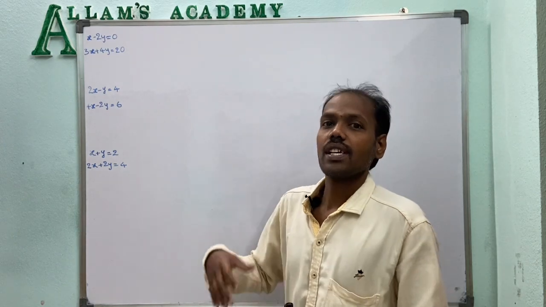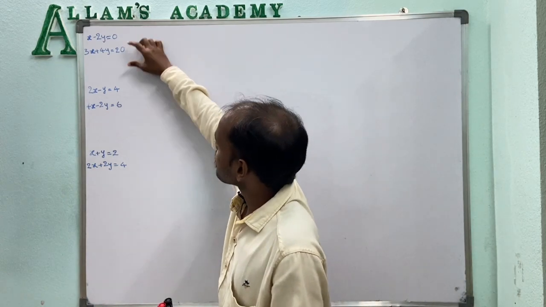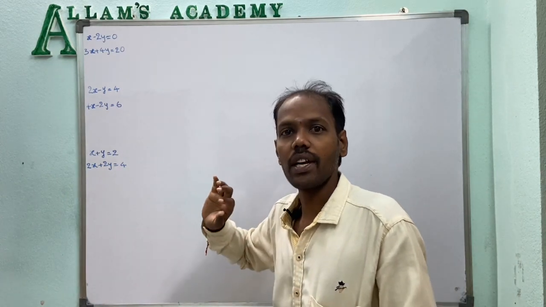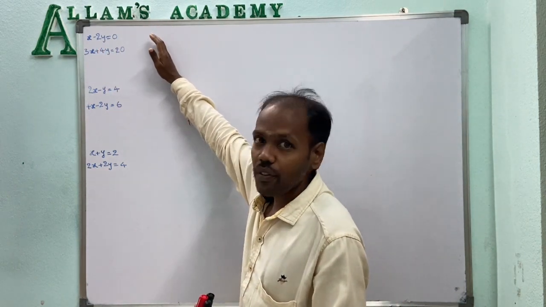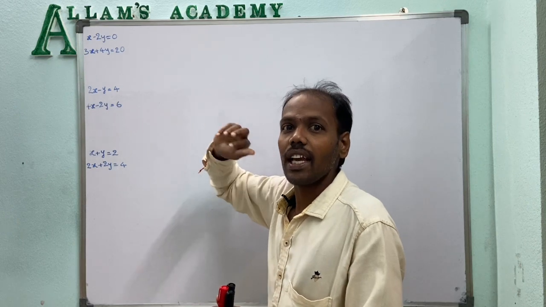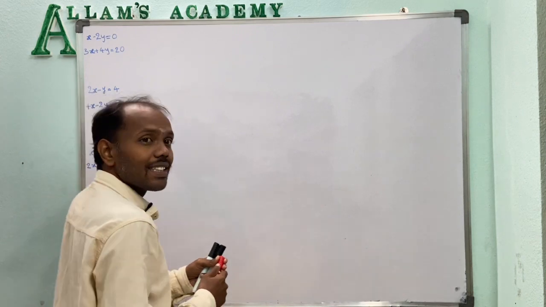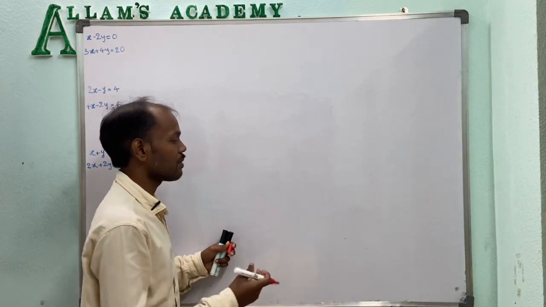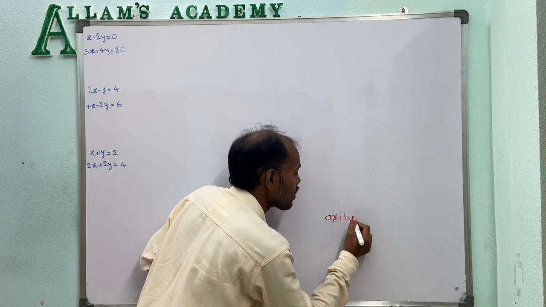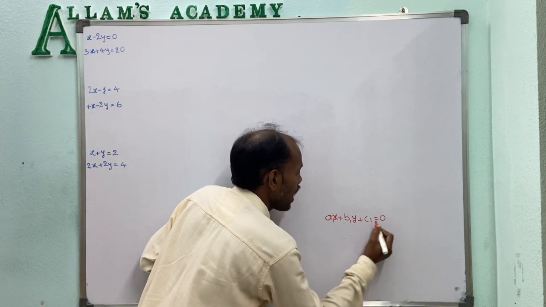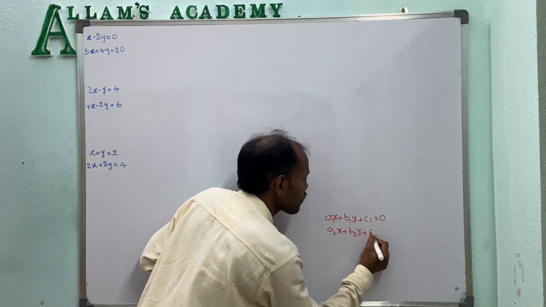Now we solved the graphical representation of these three systems of linear pair of equations. Now if we check the coefficients of these linear pairs of equations, can we say anything about what we are observing? The general form of a system of a pair of linear equations, as we already discussed, is a1x plus b1y plus c1 equal to 0 and a2x plus b2y plus c2 equal to 0.